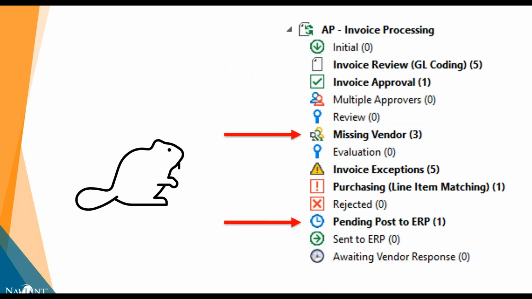So sometimes some of these activities are just busy work. In case you were wondering why I stuck a beaver icon on the screen, there are some things that maybe the workflow can't address on its own, but they don't require a complex decision. There's just something missing with regard to the capabilities of the workflow or the target system that we need to interact with that doesn't allow us to automate it.